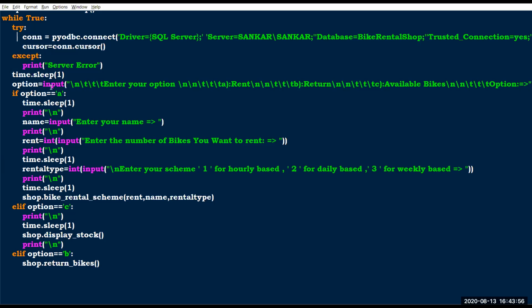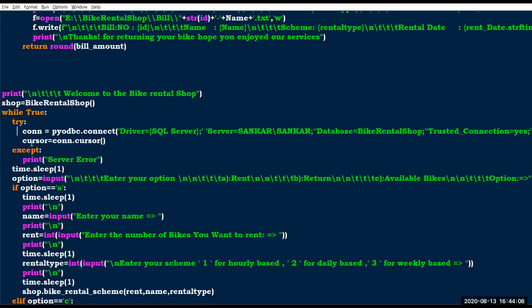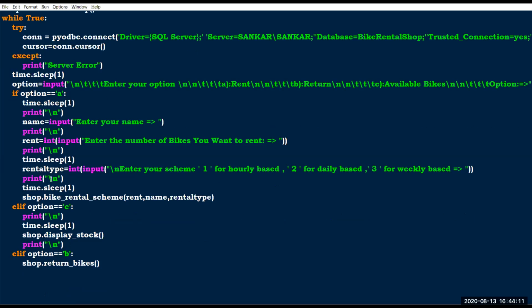If the user enters A, A means bike rental, B is returning the bike, and C is display stock. In every option the person has viewed, after that it returns to the options.